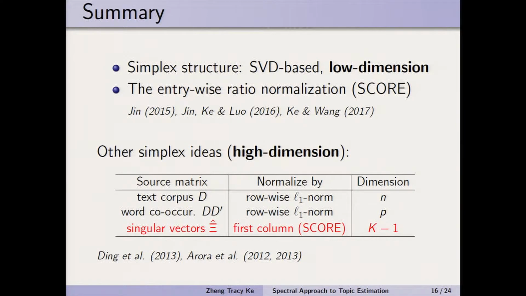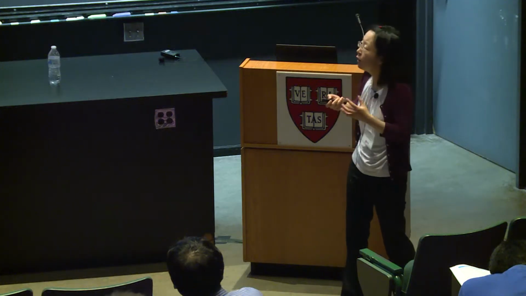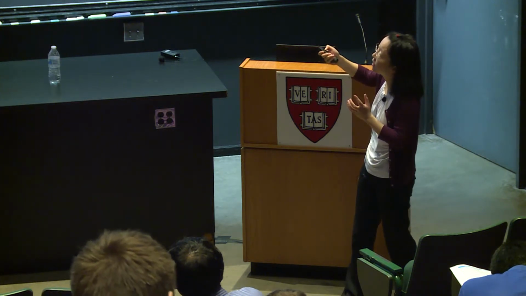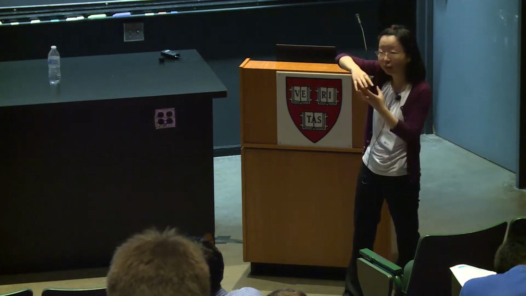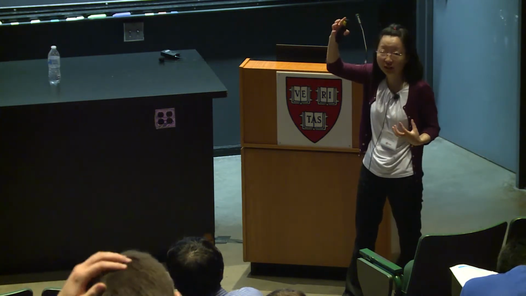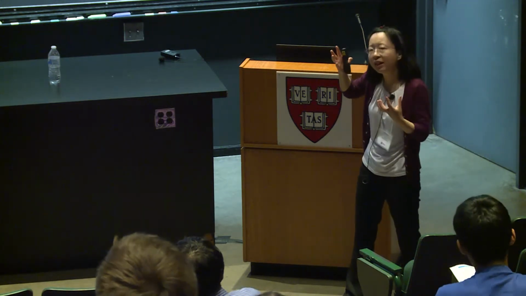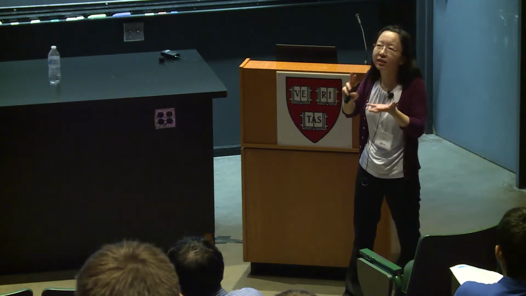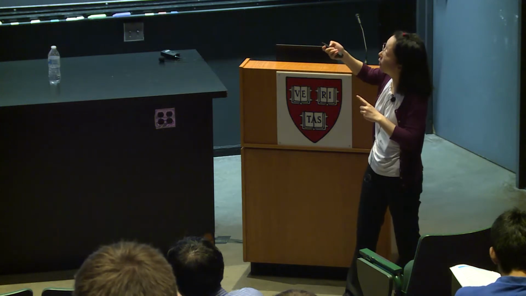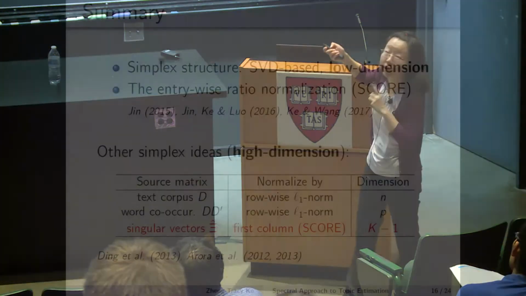Another key innovation is that we use score normalization in our method. The role of score normalization is as follows. If you do not normalize the singular vectors, and just take the original singular vectors and look at the rows, they actually form a data cloud in the form of a simplicial cone rather than a simplex. It's not clear how to do vertex hunting. We know that the simplicial cone can be normalized to a simplex in some way, but how to normalize it is non-trivial.